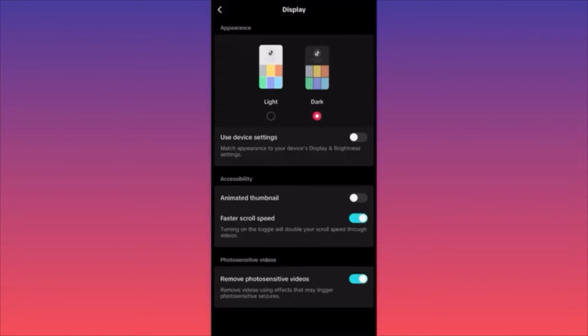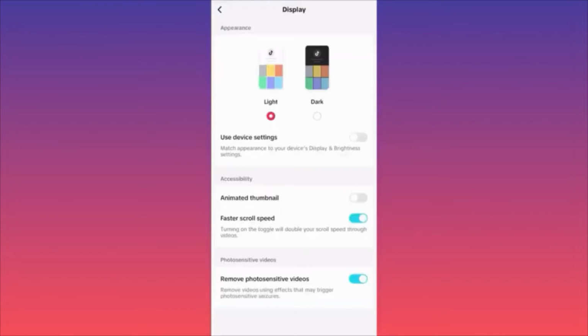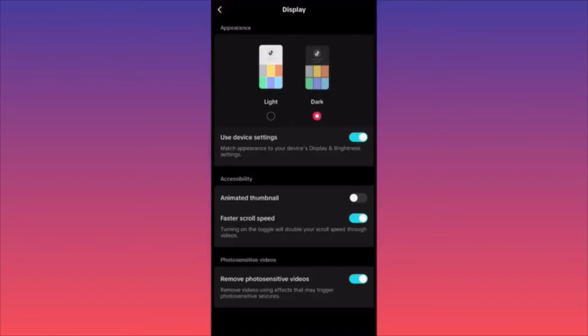You can also use the device settings. For example, if I go back to the light mode and then click on use device settings, I will get a match of my original theme on my phone. I'm using an iPhone, and as you saw, I'm using a dark theme simply because the TikTok app matches my device settings. This is very important and very useful, considering that if you are using a dark theme, you probably